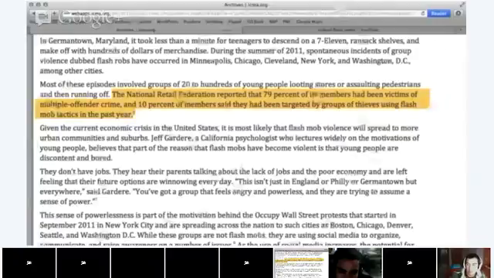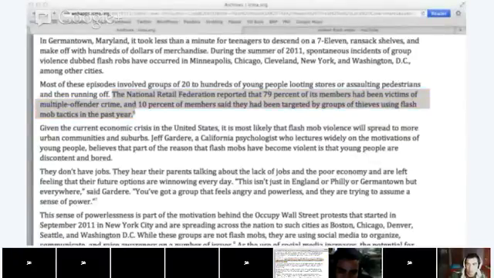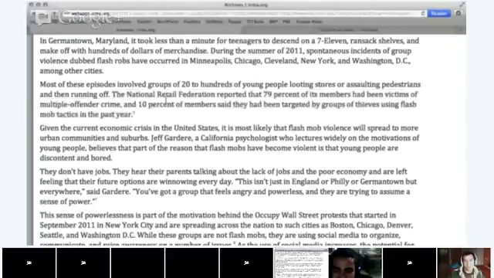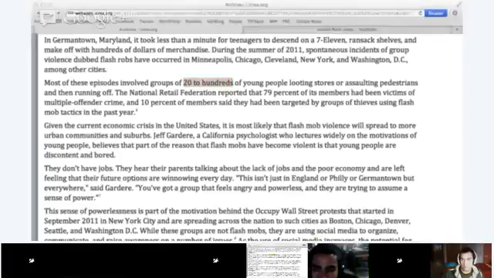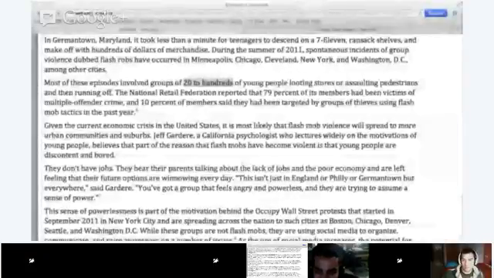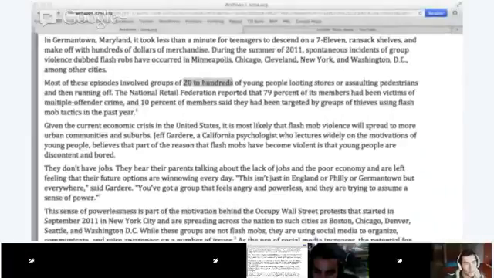Of thieves. So in the past, what they were telling us was that crime was more related to individuals. But today, because of this new phenomenon, 80% of the crime that was reported had been with multiple offenders. And multiple offenders means more than one person. So 2, 3. Or as they tell us in the paragraph, 20 to hundreds of people. So a flash mob, 20 to 500 or 600 people, which is ridiculous. And so they're looting stores. Can anyone tell me what looting a store is? What does that mean? It happened in London a few years ago. There was massive looting when a man was killed by